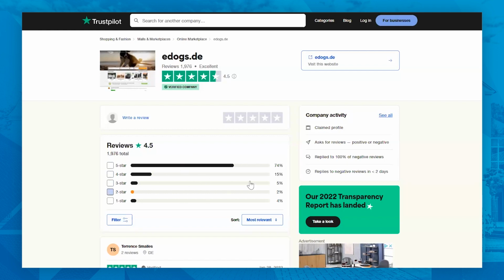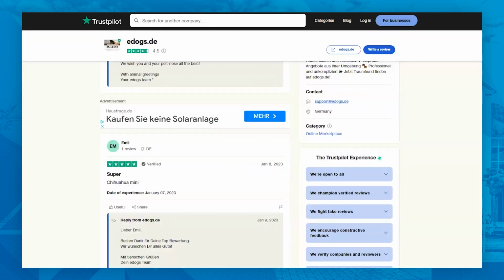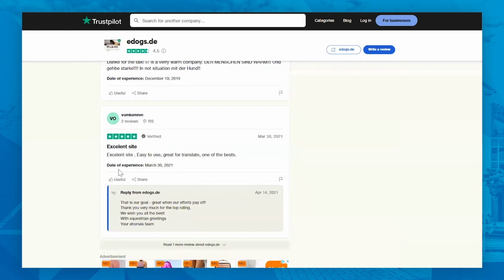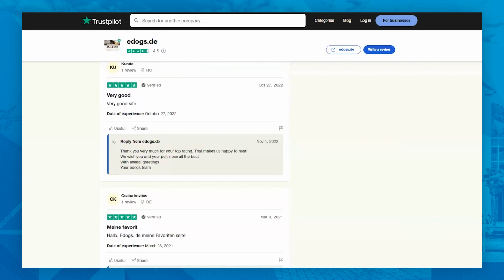And of course, here you get a kind of summary, but actually a lot of customers will give specific comments. So what they like about it. So this is a very positive comment, but it can also be negative comments. You can have complaints. So this is very interesting information to analyze your competitors.